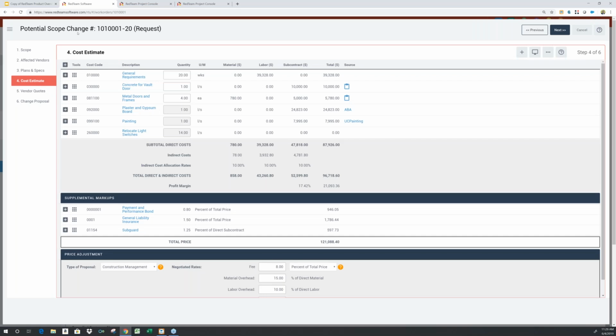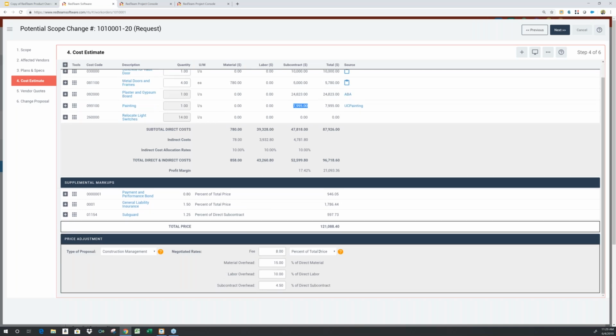And so this is our live cost estimate for this particular project. You can see the quote I selected for UC painting. I've got that quote price in here. Because this is a change order, this change order will automatically inherit from the prime contract all of the rates and factors that were negotiated for this changed work. So the rates, factors, and unit prices include things like markups for payment and performance bond, general liability insurance, whatever it is that was negotiated on the prime contract as a markup or an overhead will automatically be inserted